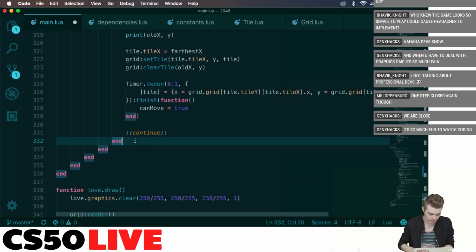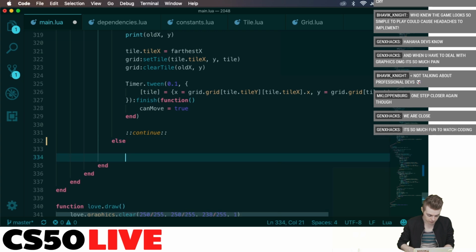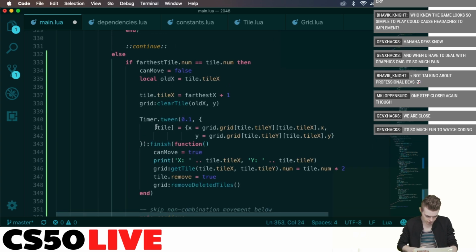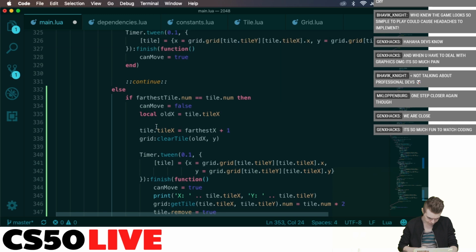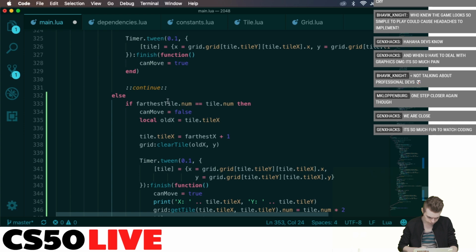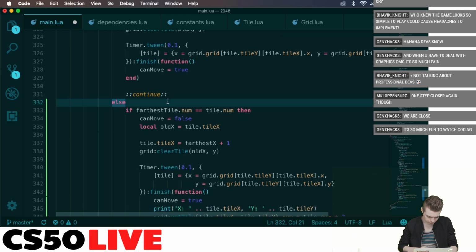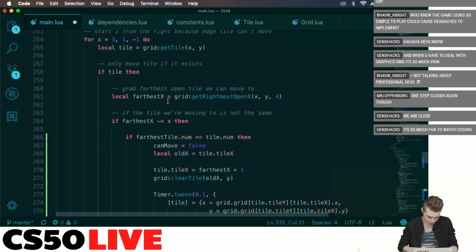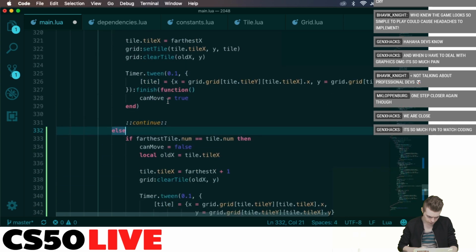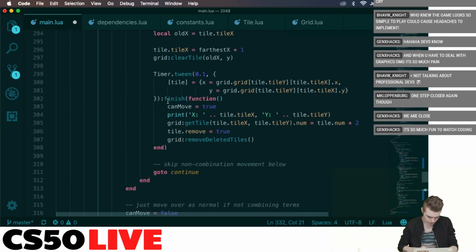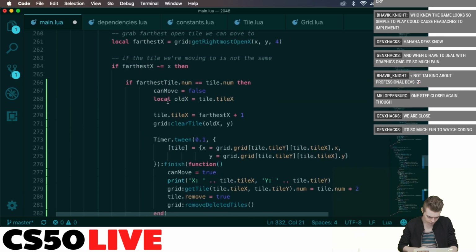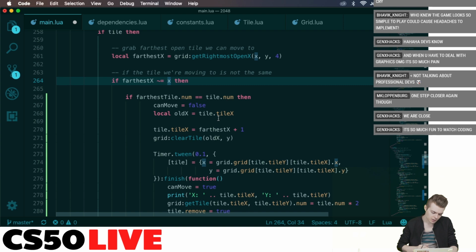We can do this though, else, and so... I wonder if we do if farthest x is not equal to x, or wait,